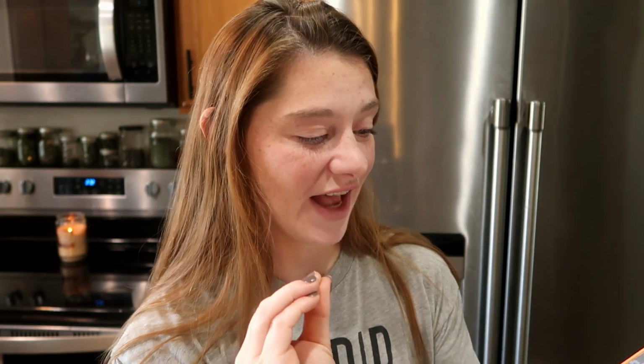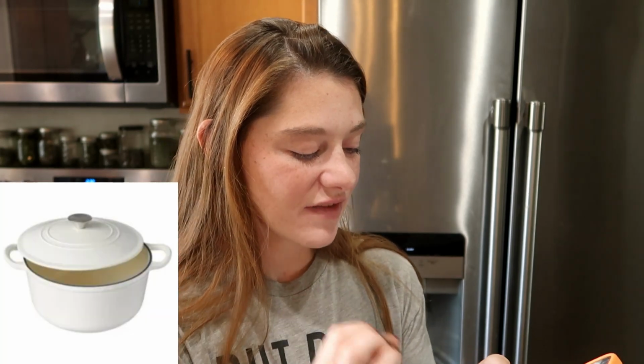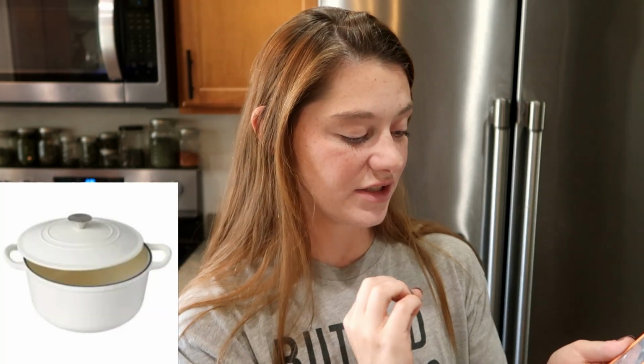Lots and lots and lots of cast irons. You guys, I have gotten the cast iron Dutch ovens. It's a 6-quart Dutch oven. They always come in either white or green. I bought 3 of the white Dutch ovens last year. I gave 2 away as wedding gifts, 1 away as a Christmas gift. They are $29.99. Every single person I gave them to talked about how high quality they were,